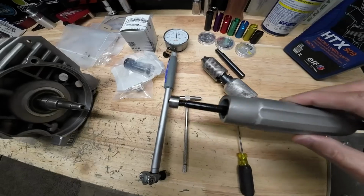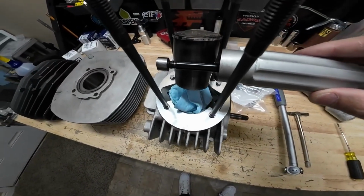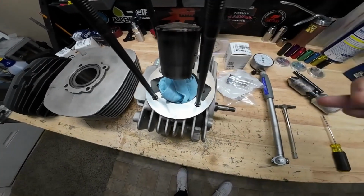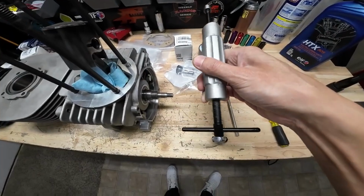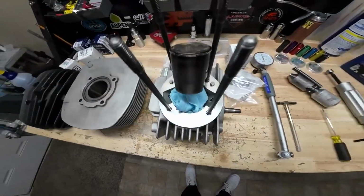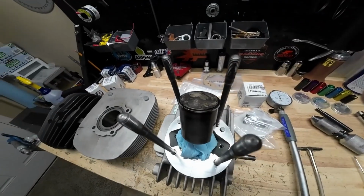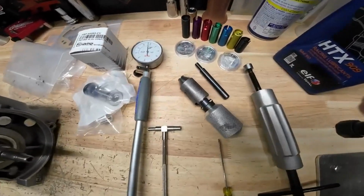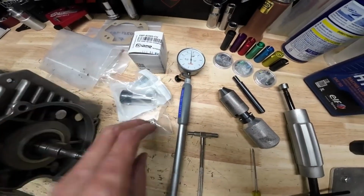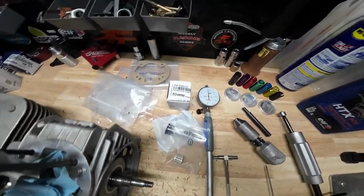So you can get a tool like this, and basically you just put this through the piston pin, and then you just back it out by twisting the thing here, and just back the piston out. That way you're not having to bang on it with a rubber mallet or something to get that piston pin out of there if it's a little stuck on you. What else do we got here? So I've got a new piston pin, got a new small end cage, got my piston here, got a bunch